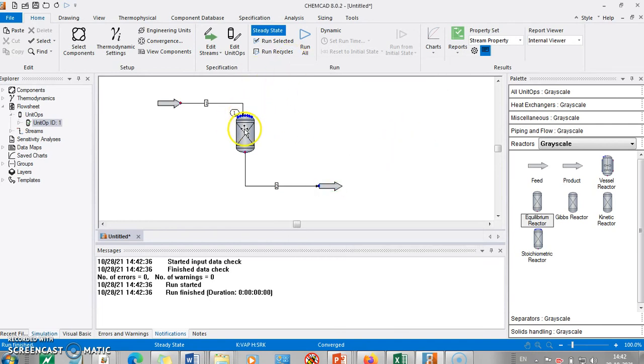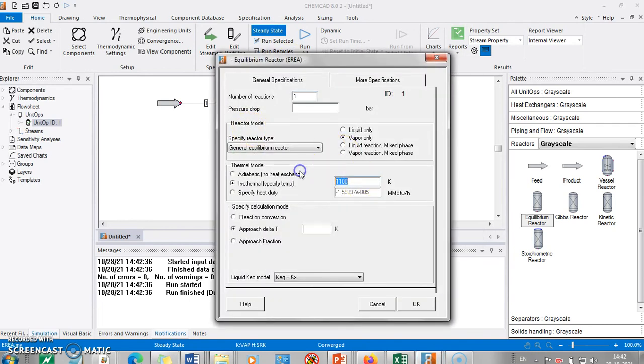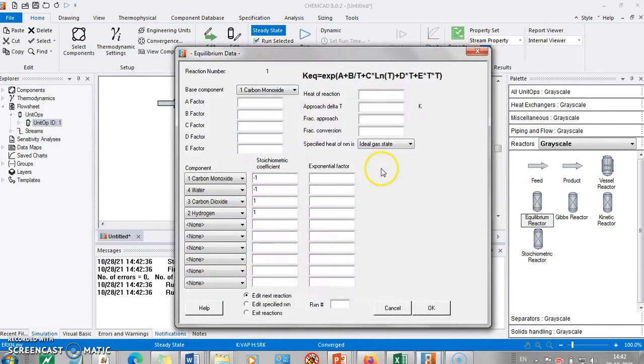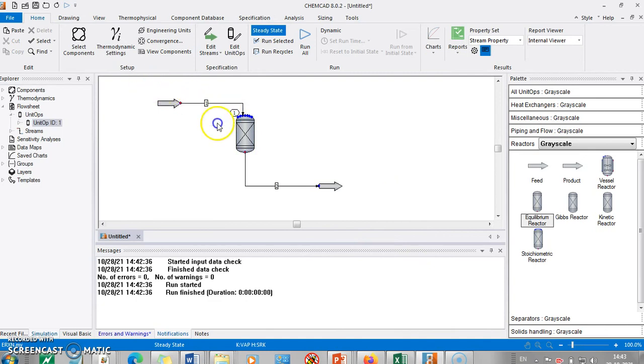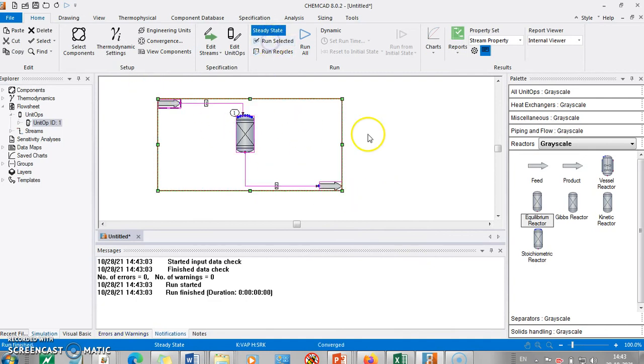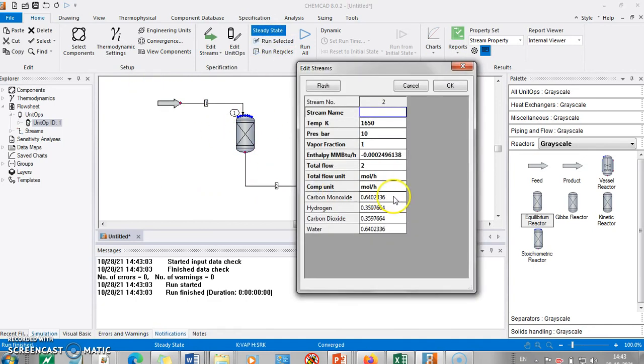And if I change the temperature to 1650 and run this, you can see that the extent of reaction changes to 0.64. You can verify these answers with the problem statement which I have mentioned.